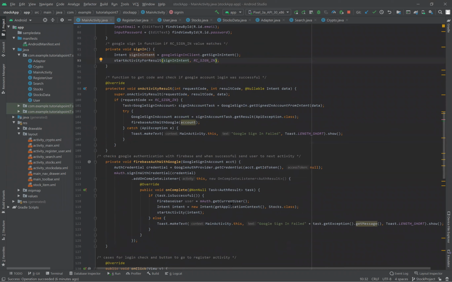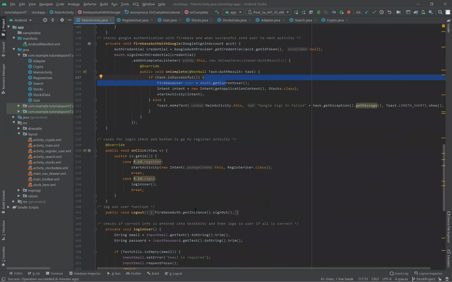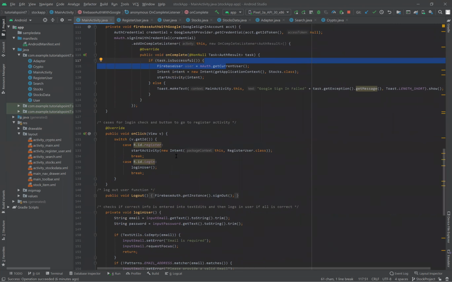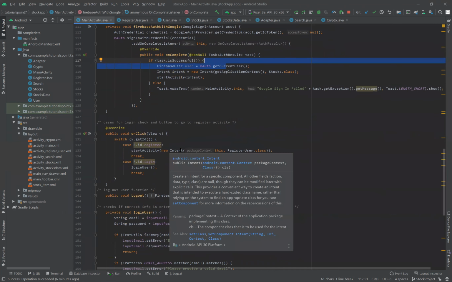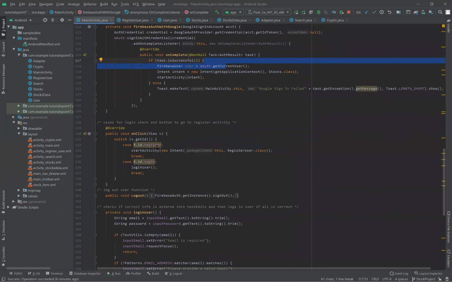And when it's successful, it'll just sign in a Firebase user and get the current user. If it's not successful, it'll give you a toast that says the sign-in failed. And then here we have a switch case. This will just make sure it differentiates between when you click the register button or the login button. Of course, if you register, it'll send you to the register user page. If you log in, it'll just do the login user